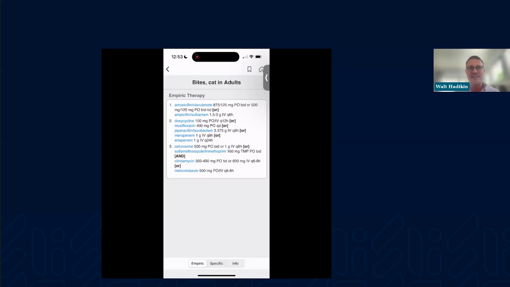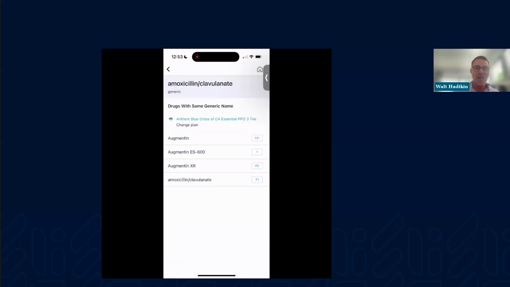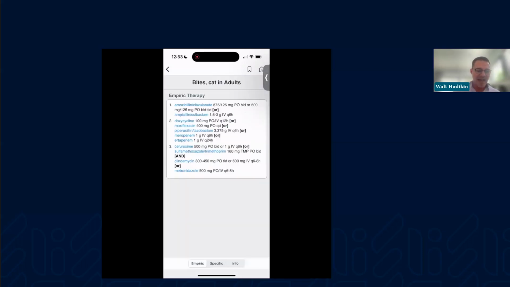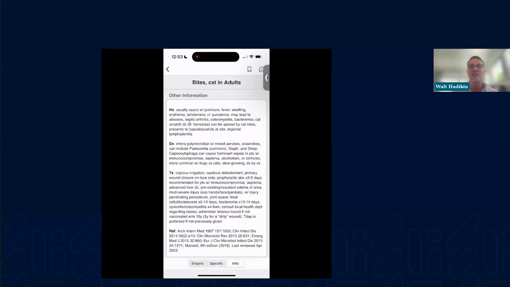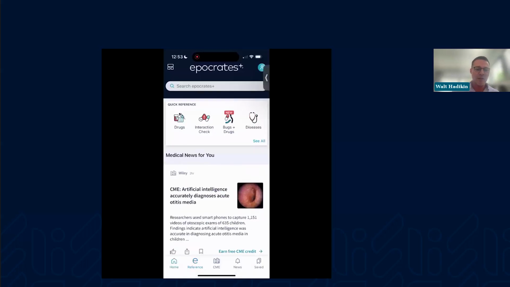And just like with diseases, tapping on any drug name will take us to the Epocrates drug information for that product. And at the bottom of the screen, the thumb navigation buttons allow us to toggle over to a specific therapy page in case we need support managing a specific pathogen, and other information where we can find some additional details on cat bites. Going back to the home screen again,